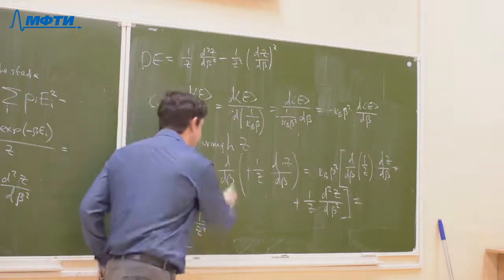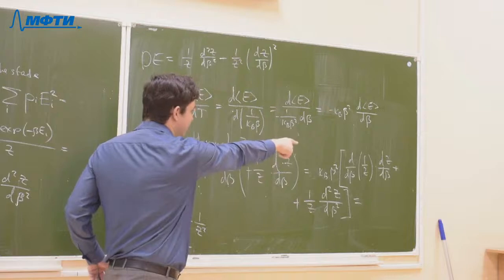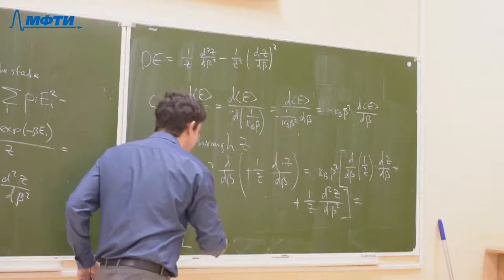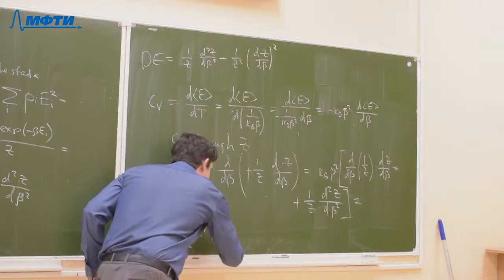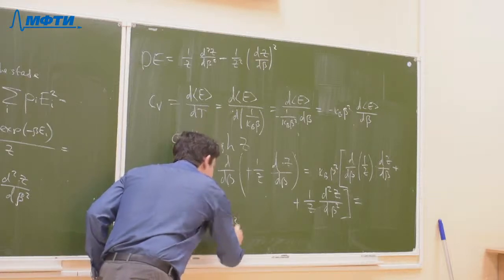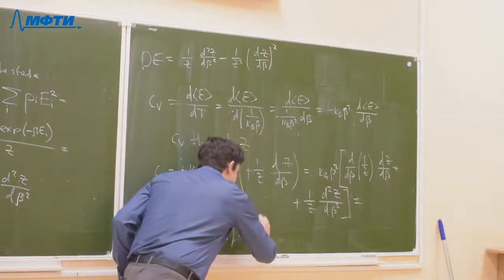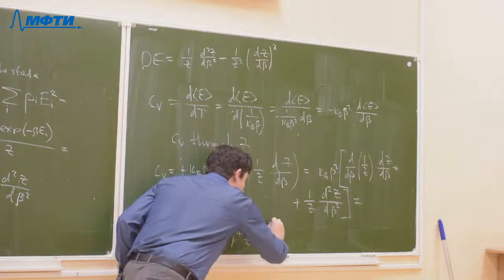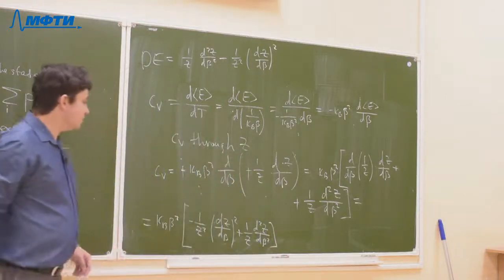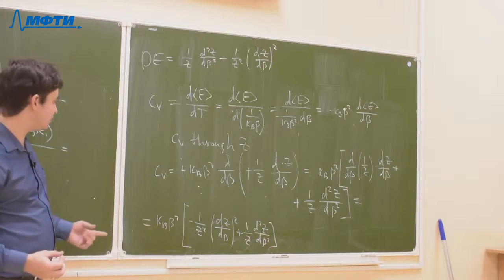Then I multiply by dZ over d beta, and again dZ over d beta, as I have such a factor there. So altogether, it gives me dZ over d beta squared plus 1 over Z multiplied by the second derivative of Z over beta. So now I have quite a complicated expression, but if I look at it, I see that